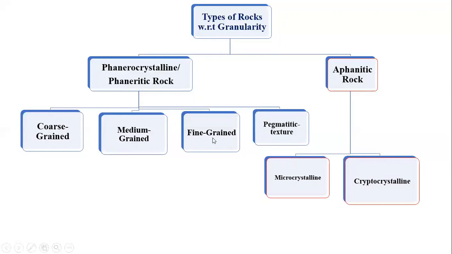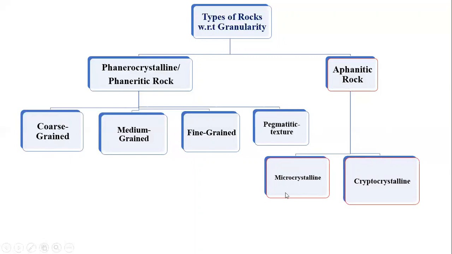while in fine grained rocks the average crystal diameter is less than 1 millimeter, while in pegmatitic texture or pegmatitic rocks the average crystal diameter is greater than 10 millimeter. Similarly, aphanitic rocks are subdivided into two categories. One is microcrystalline, other is cryptocrystalline. Microcrystalline refers to